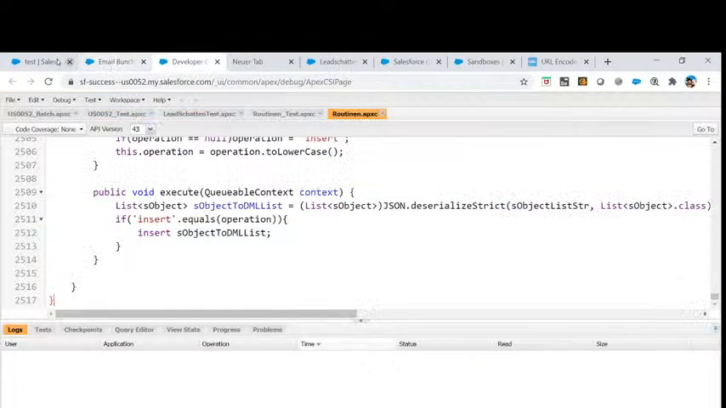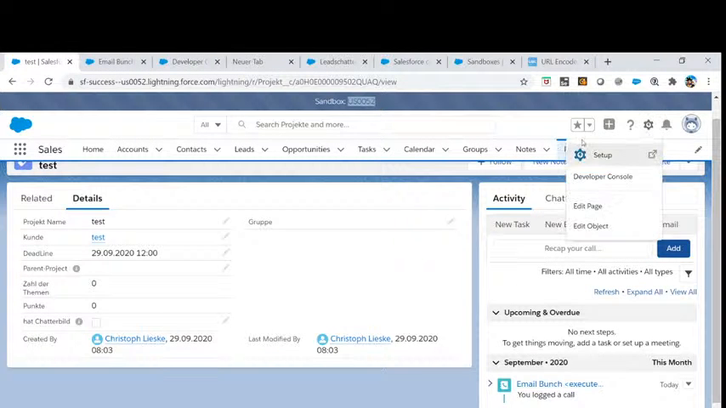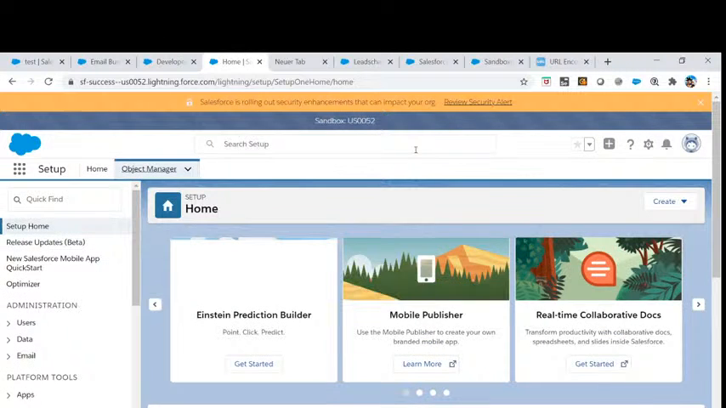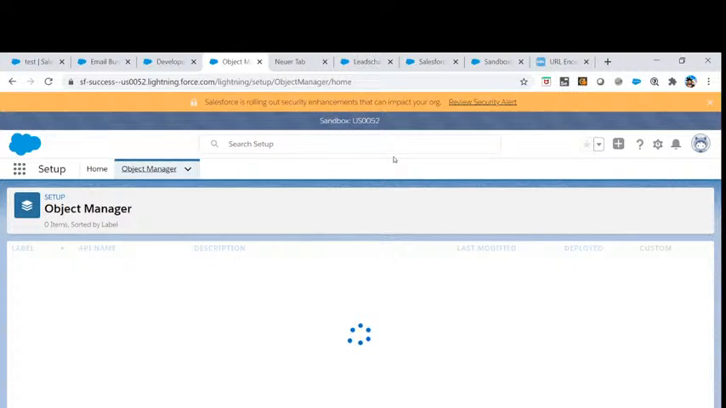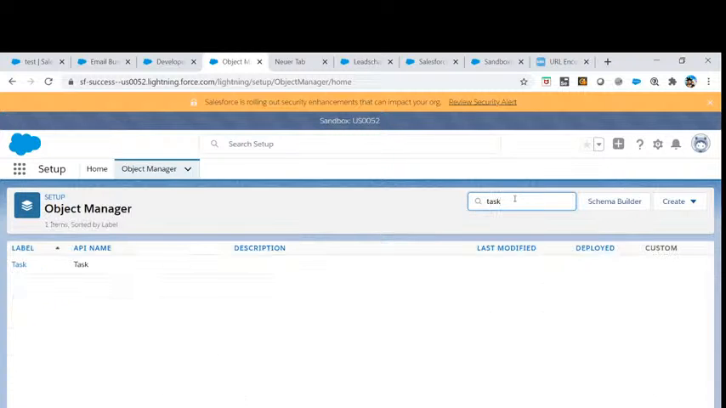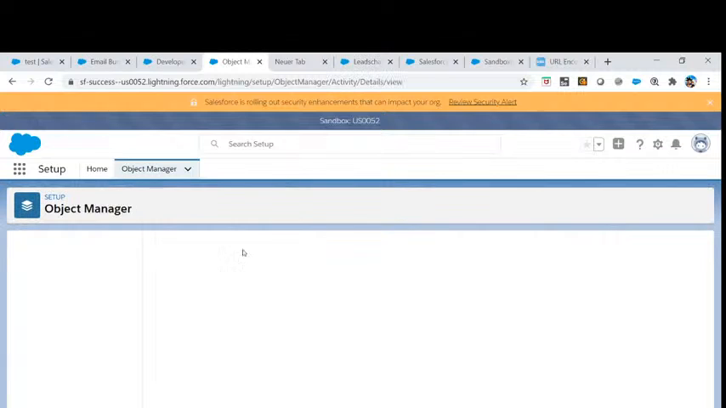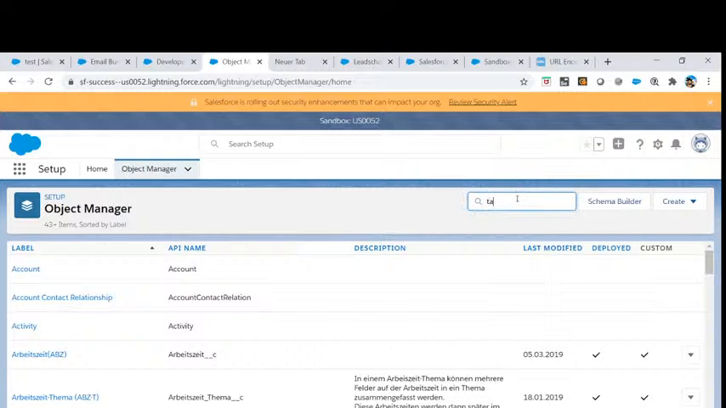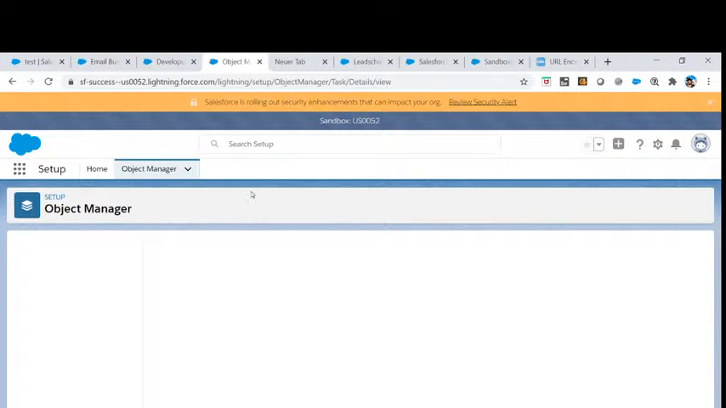So if you don't know how to go there, just go to the setup and also the object manager, and also we need to go to the task, maybe. Yeah, it's a task. Great. Let's go for activity if it's working or not. So it's also working, so go to the activity, but here you can see that the activity has no trigger, so we go back to the object. Let's hit task, go into the task,